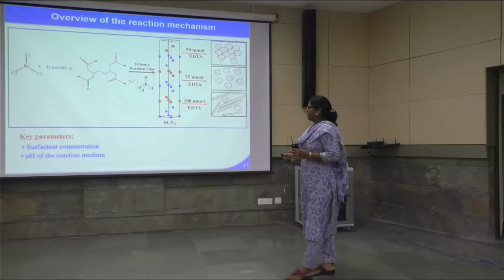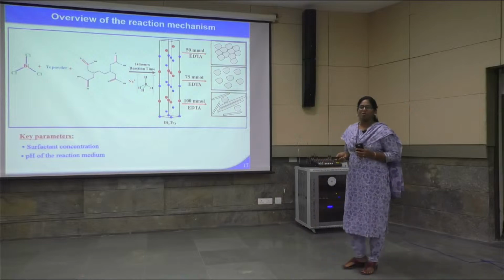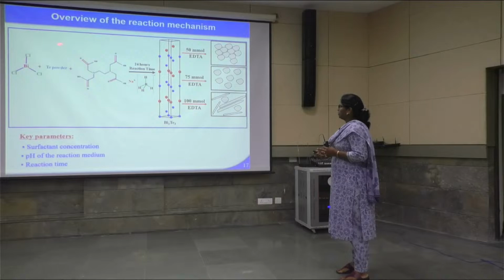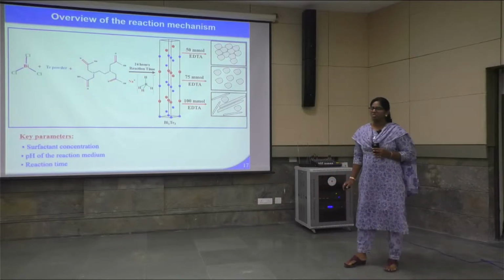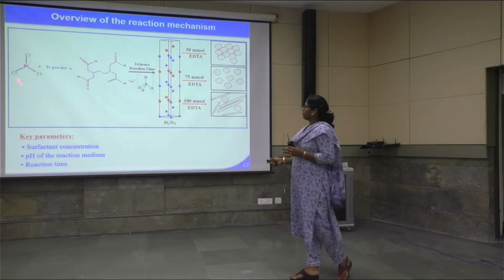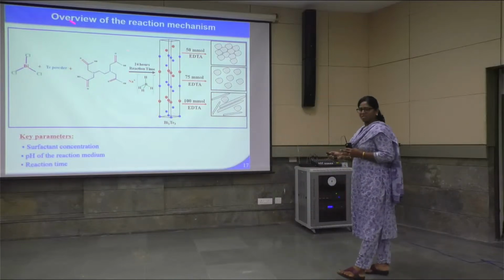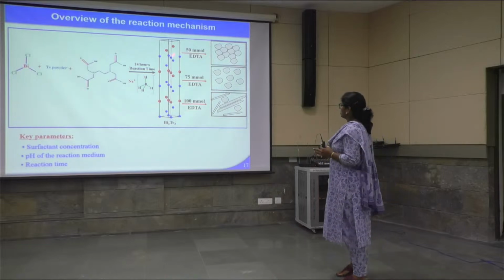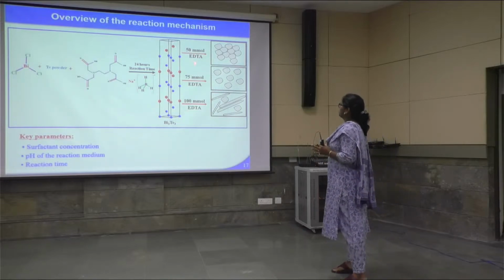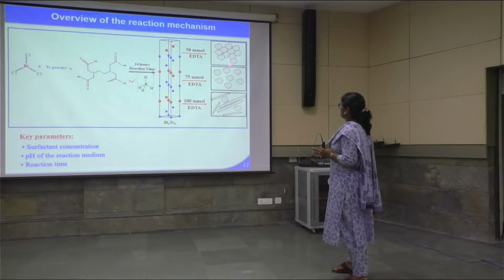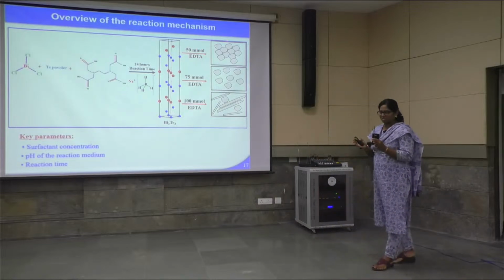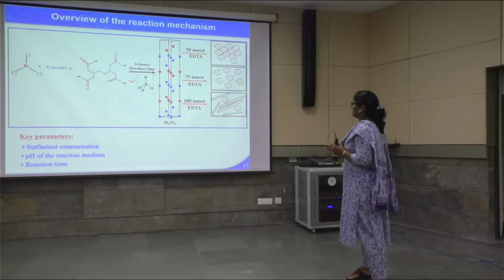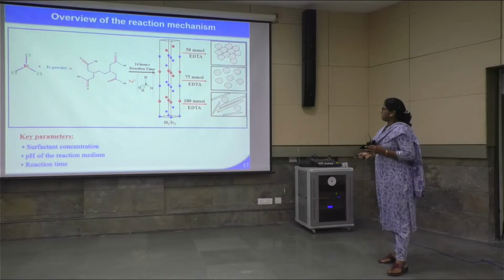So now, an overview of the mechanism. Up to now I have explained the results, but what made these materials get these parameters? The parameters we used are surfactant concentration and reaction time. So the bismuth powder plus tellurium powder, this is the EDTA, and we have taken only the 24-hour reaction time as the concentration we explained here. When it is below 50 millimolar concentration, we got the fine structures, but at 75 we got structures with enough space in between, which can reduce the thermal conductivity, and then here the nano sheets, rods, and spherical types of